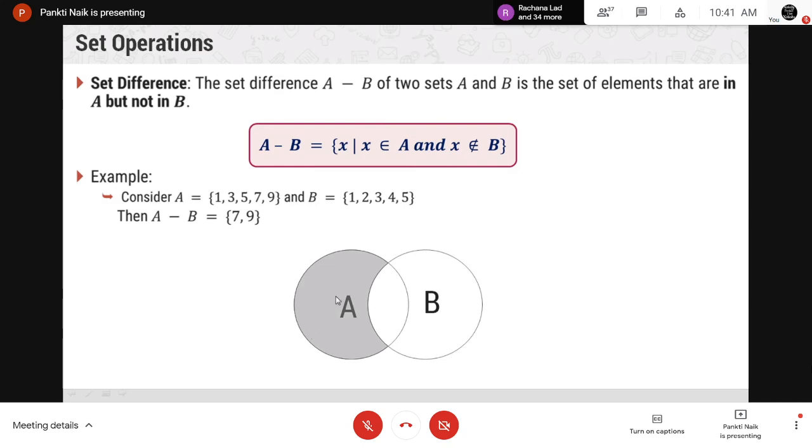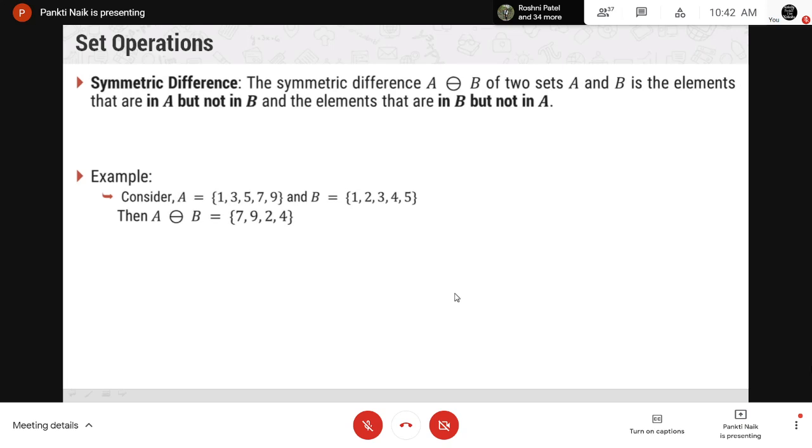Set A and B. A difference B means the elements that are not in B. Next is symmetric difference. So the symmetric difference